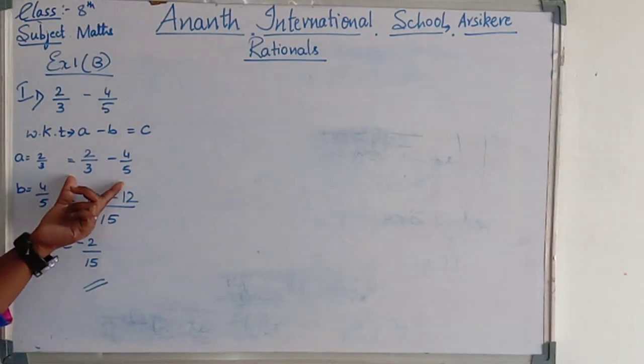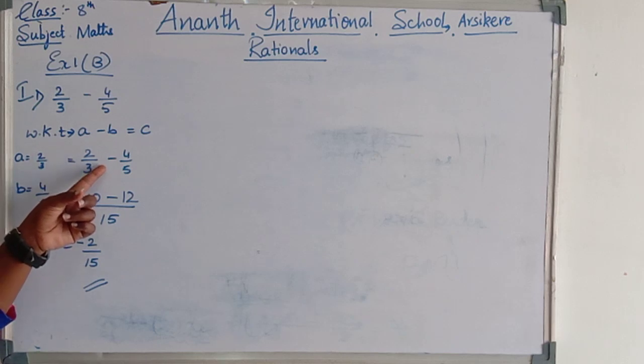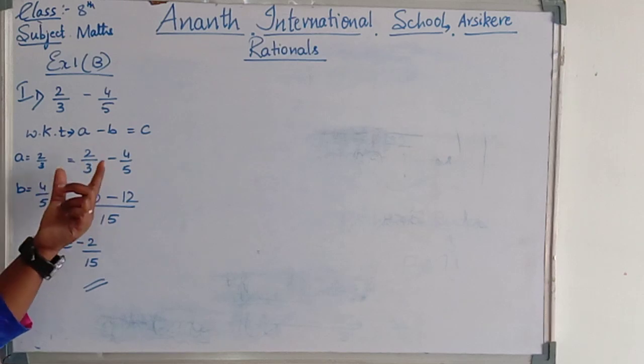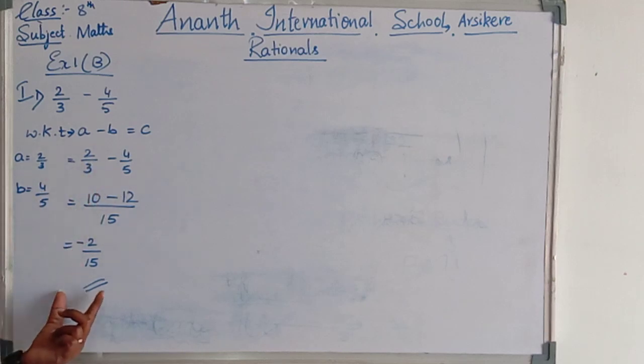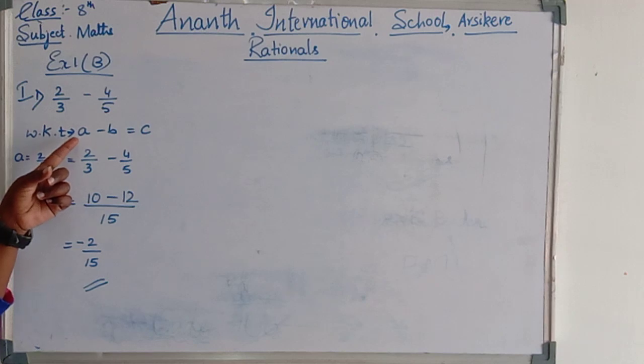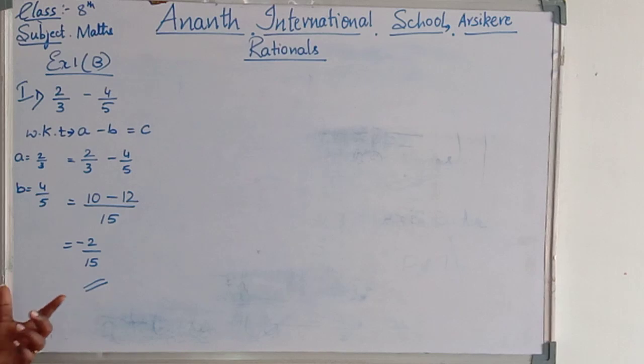Look here, children, closure property is dealing with any two rationals. If you take any fundamental sign, here I am putting subtraction as the fundamental sign. So in between the two rationals, the subtraction sign is there. When you subtract the two rationals, you will get a new rational. This is the main point of the closure property. The general form of closure property under subtraction is A minus B is equal to C. You may be clear about this problem. Let us do another problem.